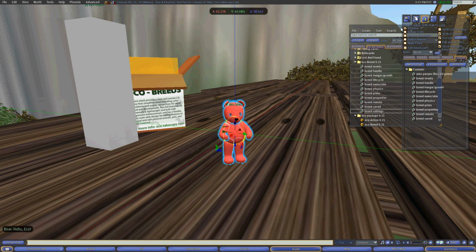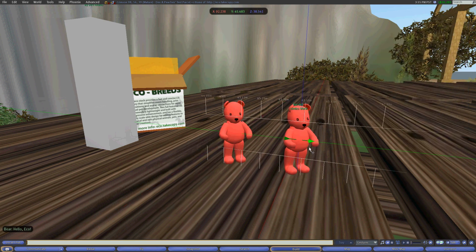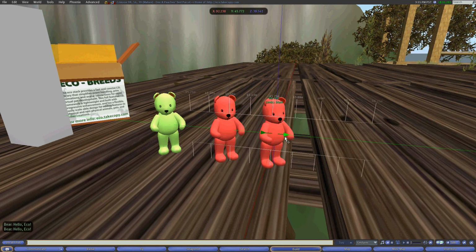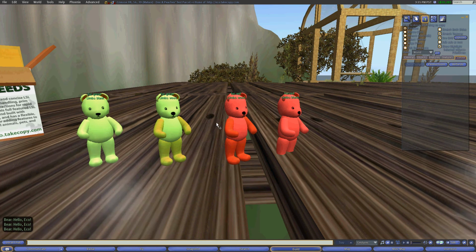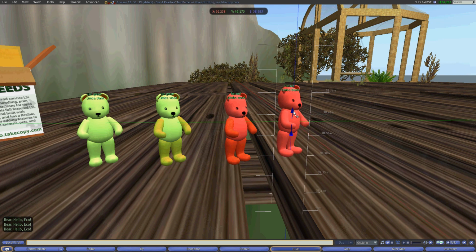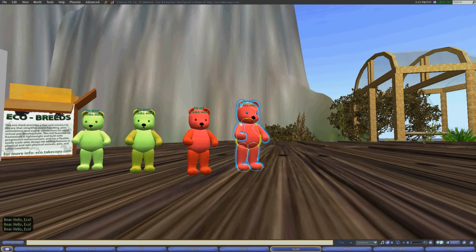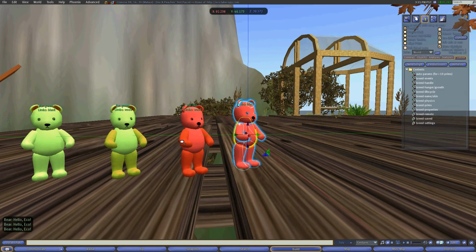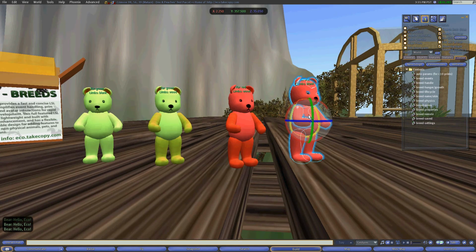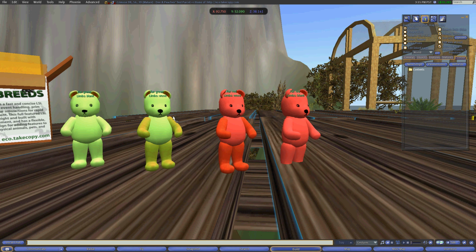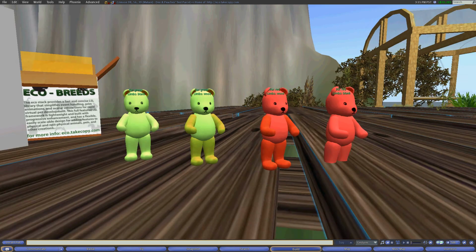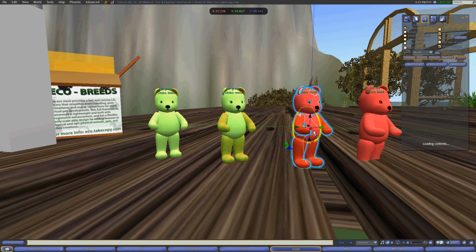Okay, so let's clean up a little bit. I'm going to show you by dragging off a few copies that it will in fact apply a random skin set to each breed. Oh, that was perfect. And he is set to grow right now. If you look in the parameters, he'll probably be starting to grow. Or is that just because of the... Yeah, no, that's just because this is a little higher than that. Whoops. Wondering why his feet were sinking. But anyway, as you can see, it randomly applied the limbs to wood or blank, and it's looking good so far. So let's go back into just one of these,